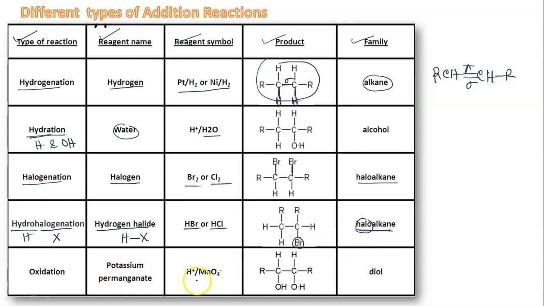And the last example, our reagent is MnO4, actually KMnO4 is used, potassium permanganate, and the reaction is oxidation. Why is it oxidation? Because 2 C-OH bonds are formed. So the product is diol. Okay. So basically in other videos we will go into the details of each of these reactions. So here we have some primary idea of what the different types of addition reaction are.